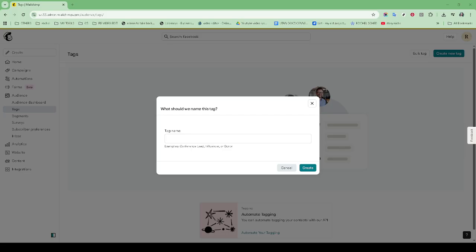With your tags all set up, you can now use them to filter and target specific groups within your campaigns. This is where you can see the power of your segmentation. By targeting specific groups, you can tailor your messages to resonate more with your audience's needs and preferences, potentially increasing